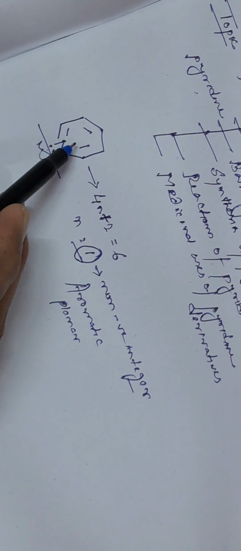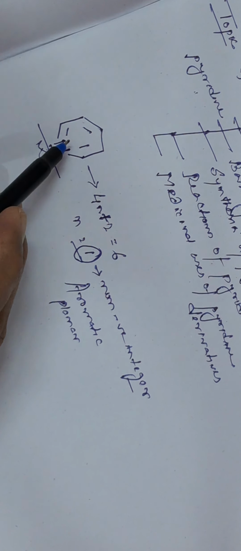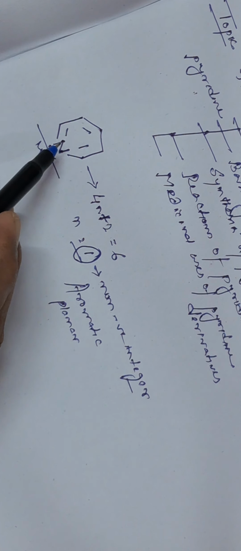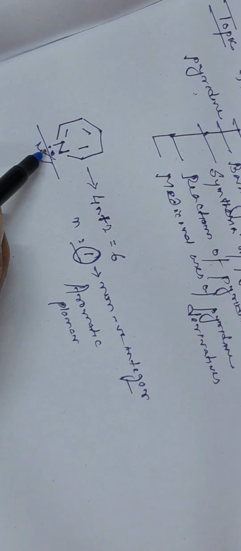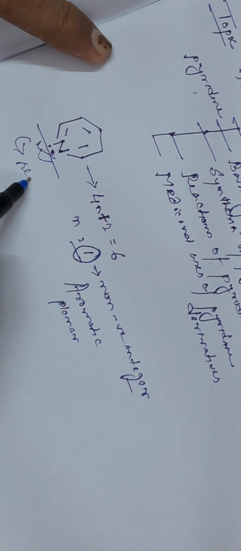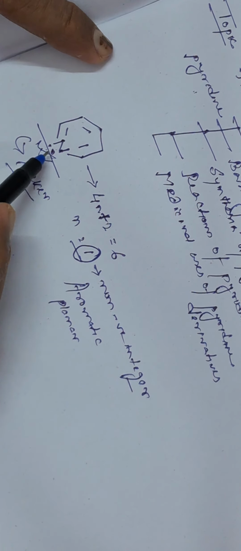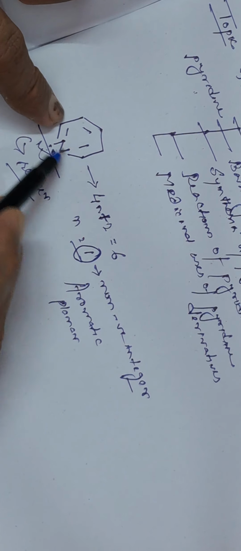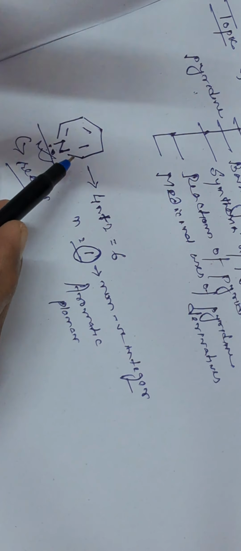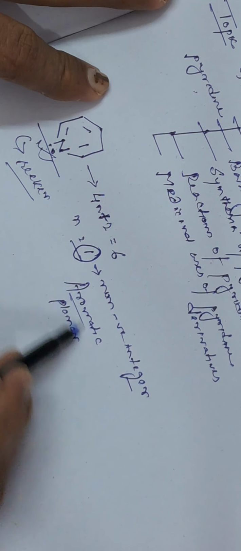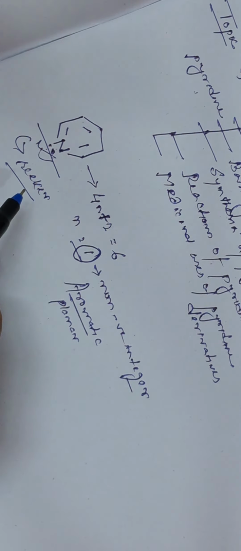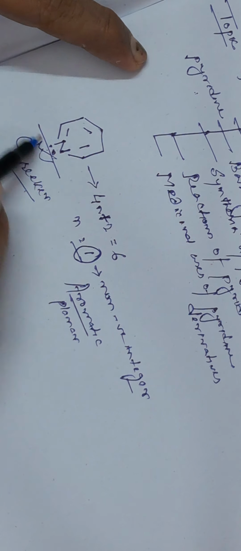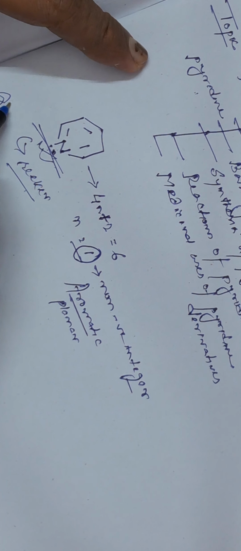But right now there is no need for the pi electrons to be satisfied to comply with Huckel's rule, and it does not require any lone pair from the neighbors. I mean to say the neighbor is found to be the nitrogen, fine. That is why the lone pair is available for the seeker, right? So it is the seeker that can get the lone pair from pyridine without disrupting what? The pi cloud, because this pi cloud is entirely meant for making pyridine aromatic, right? Fine. So seeker means the one which can seek electrons, and the seeker should be electron deficient, and the giver, since nitrogen has a lone pair, it can act as a giver,